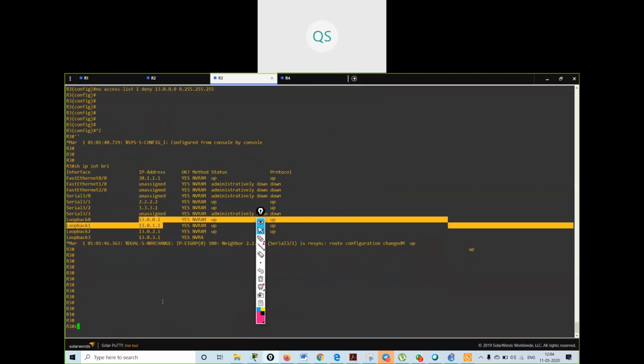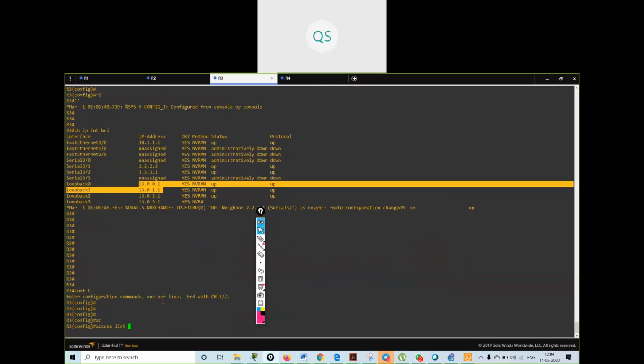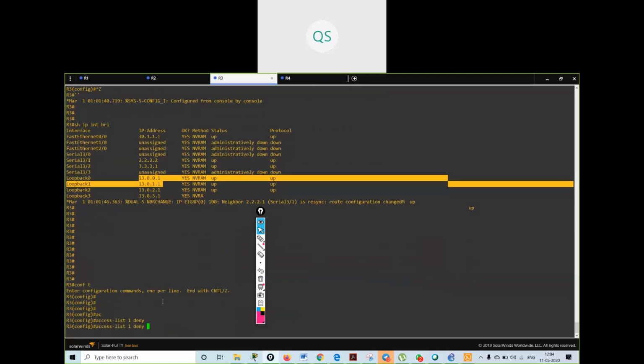I will go and say access list 1 deny 13.0.0.0 0.255.